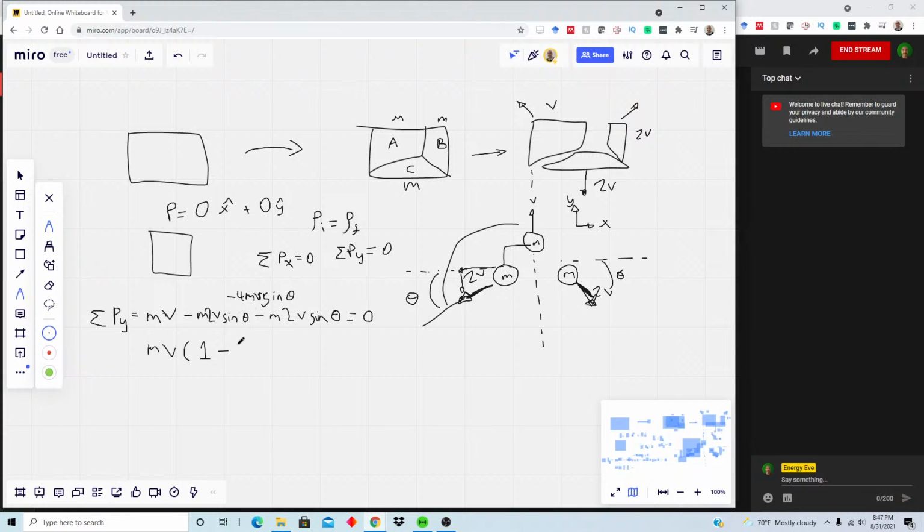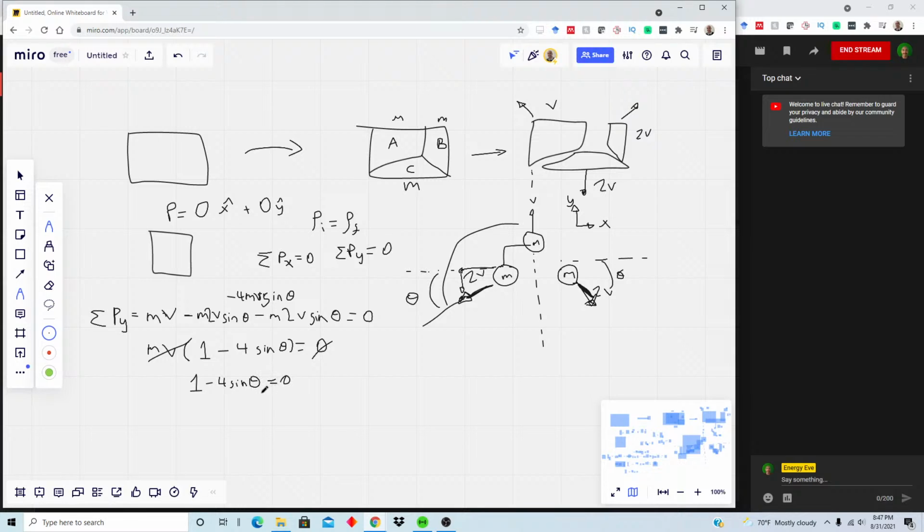When you factor out the mv, you're just left with 1 minus 4 sine theta is equal to 0. You could divide both sides by mv, and you're left with 1 minus 4 sine theta